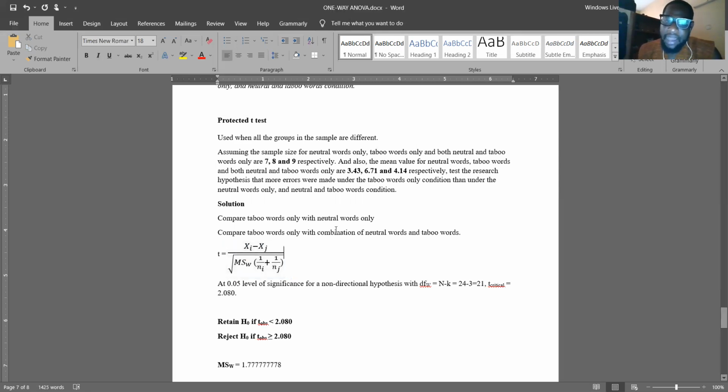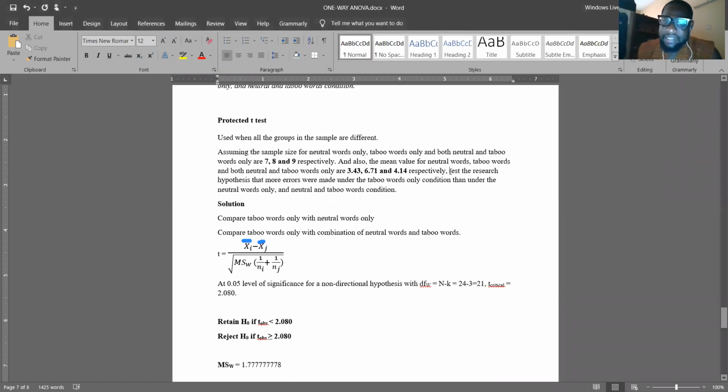And when you check the formula, the numerator that you have there is the sample size for the two groups that you're comparing. It's for the sample size. So let's assume that